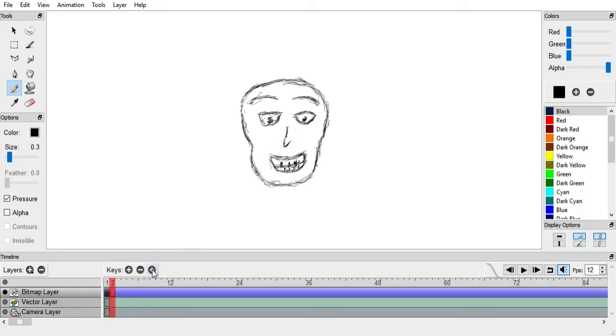What do we got here? Next frame. What happens if we go back? See, that was our first frame. This is our second frame. Our new frame is right here. We have nothing on it yet. Let's go back to our pencil. I'm just gonna keep drawing this for a little while, guys. And it looks thicker the more you draw on it, right?